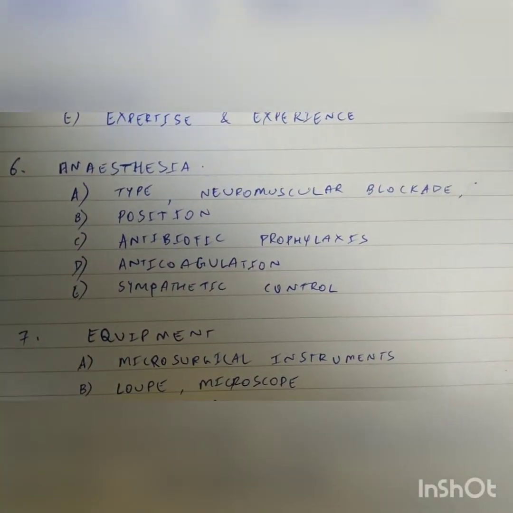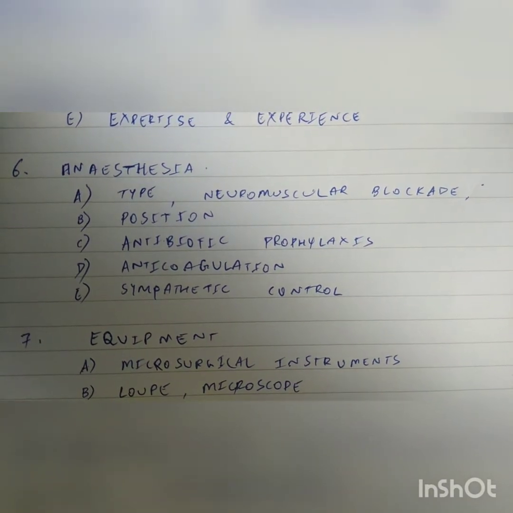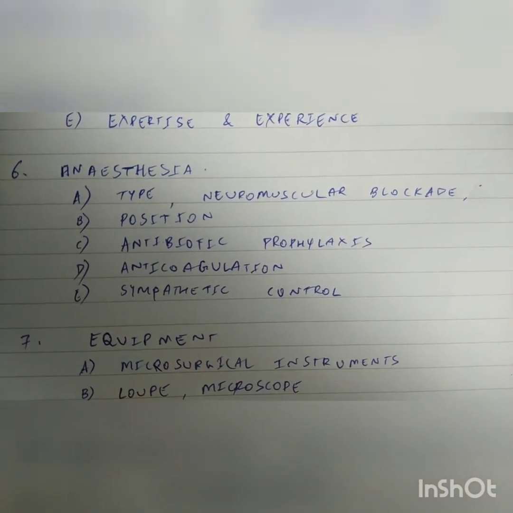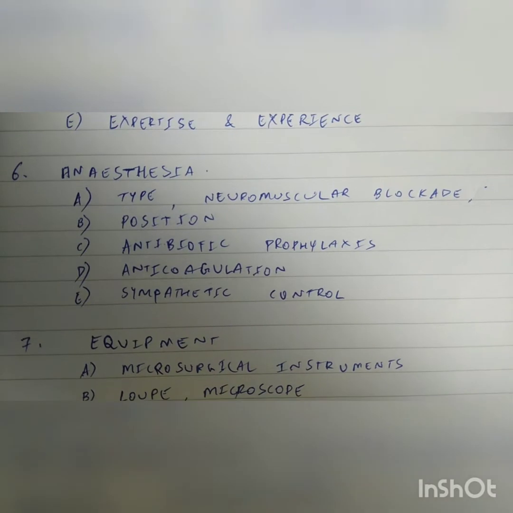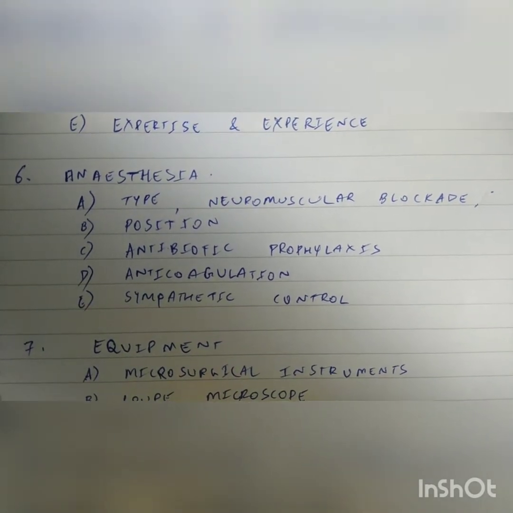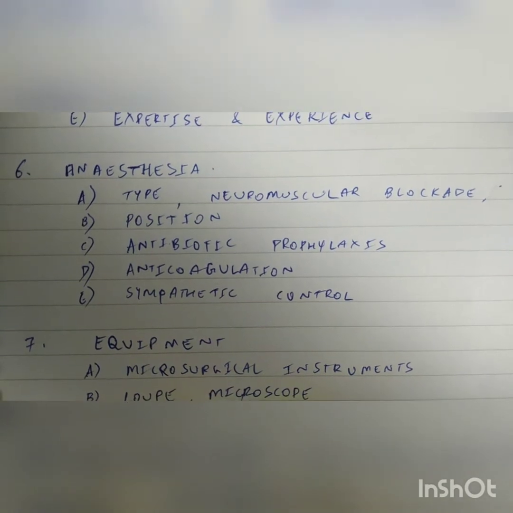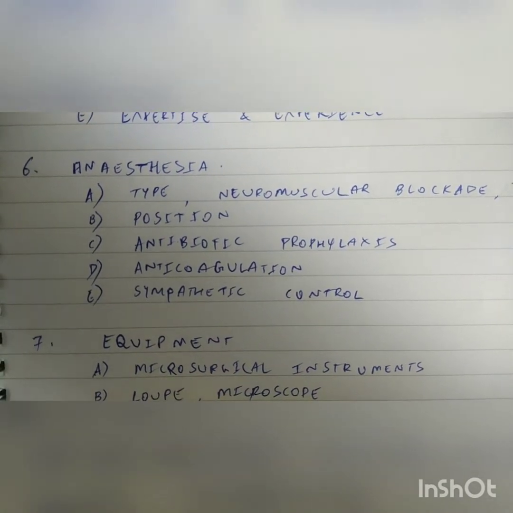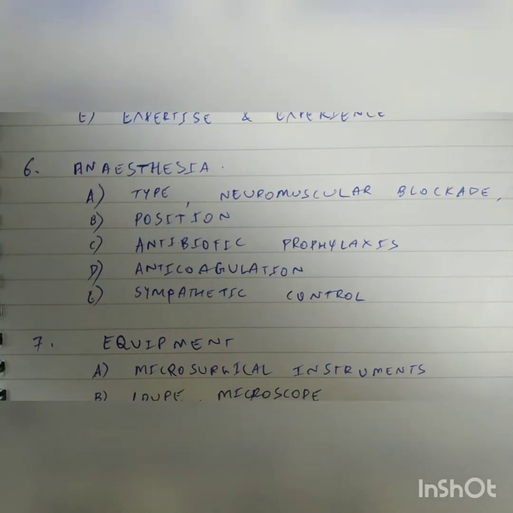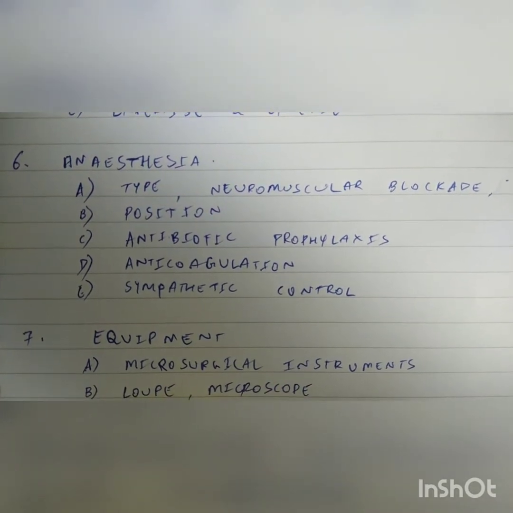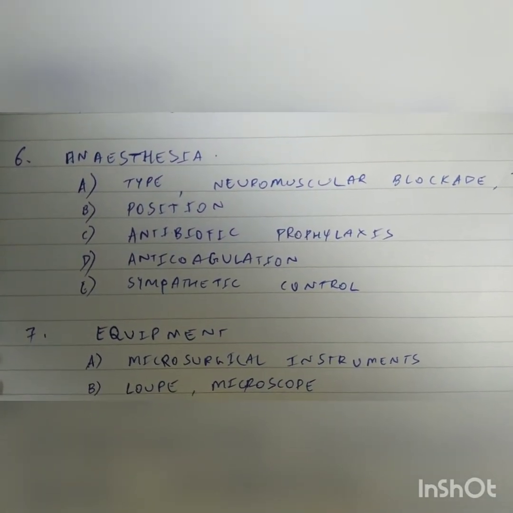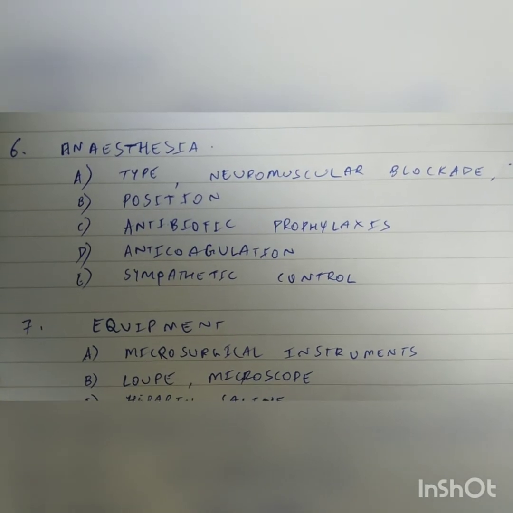Anesthesia. Discuss with the anesthetist the type of anesthesia that is required, whether neuromuscular blockade is required, then the need to maintain the sympathetic tone so that there is no vasospasm. Another important thing is the position. You may have two teams operating at a time. So all this has to be discussed in detail with the anesthetist. Antibiotic prophylaxis, the anticoagulation,